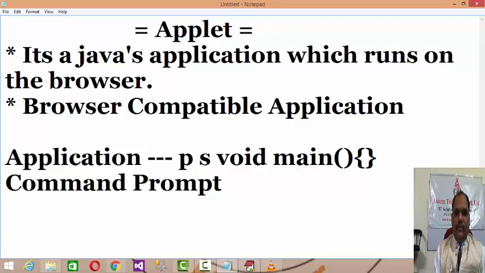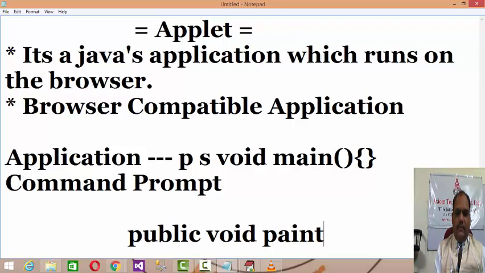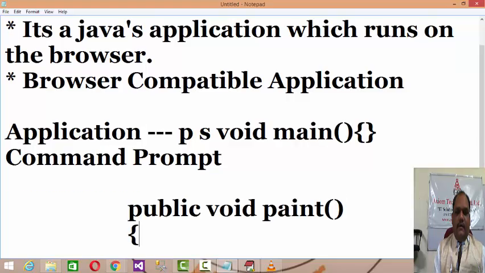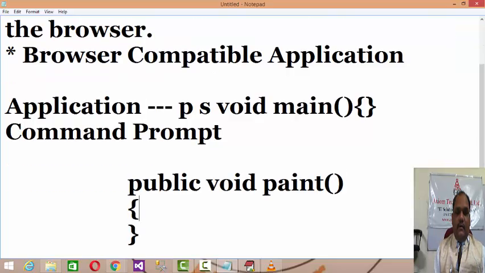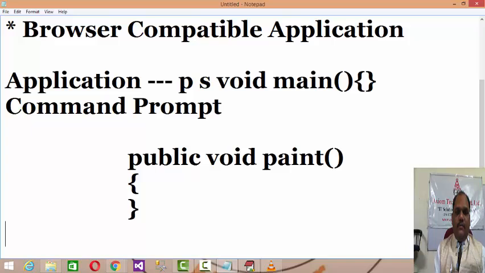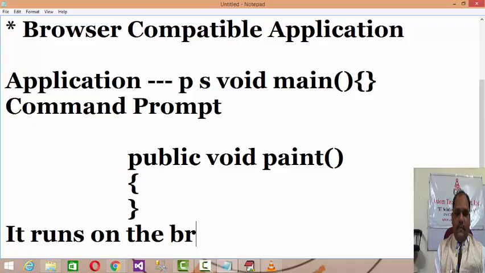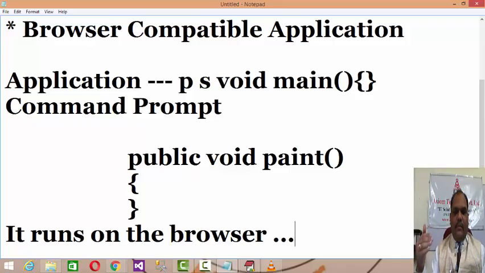It don't have a main method, it have a paint method, right? And it won't run on the command prompt, it runs on the browser, right? Just like your Gmail, Google and all, it's a browser compatible applications.